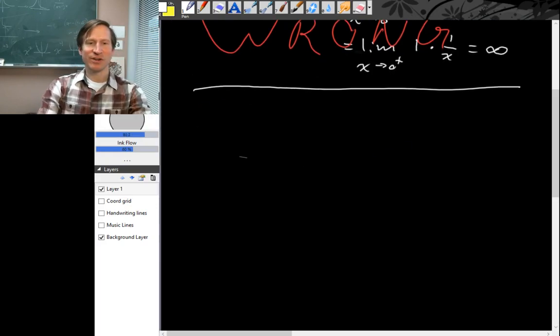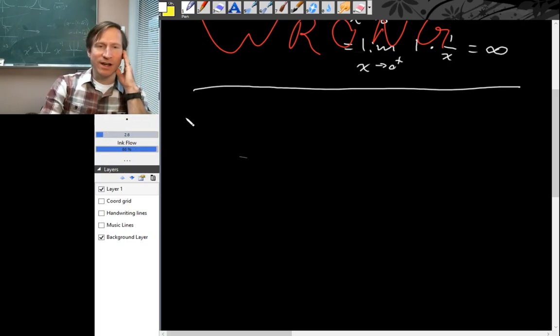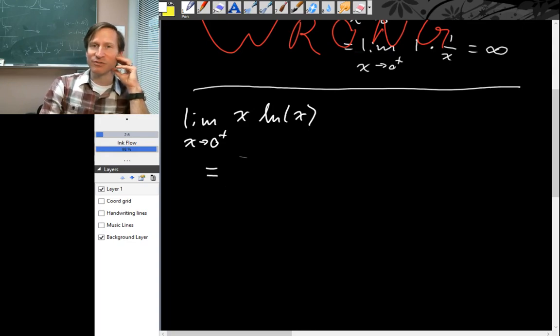So let's start over. Let's start over and find the limit as x goes to 0 from the right of x times natural log of x. We have to write this as a quotient so that we get 0 over 0 or infinity over infinity. Those are the only indeterminate forms that we can use L'Hopital's rule on. So to do that,